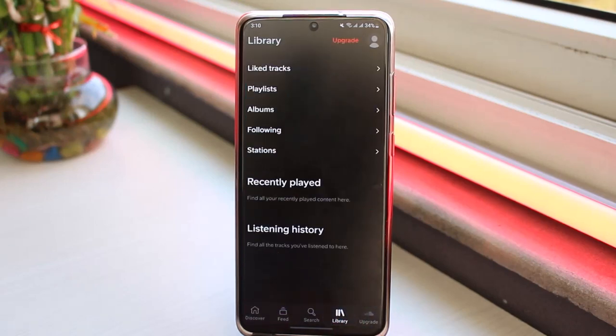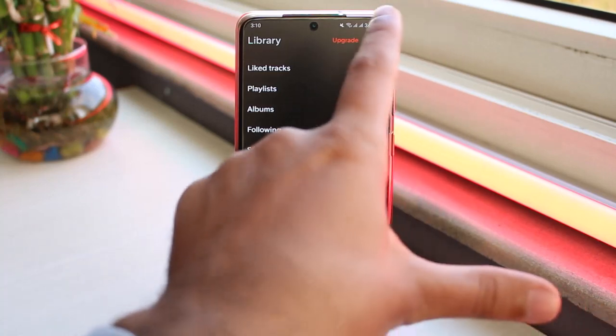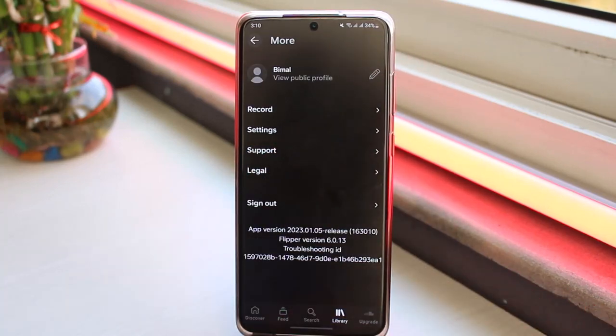After that, you'll be taken to this page where on the top right corner of your screen, just right to the upgrade option, you can see your profile picture. Simply tap on it. After that, you'll be taken to this page where if you look closely, you can see